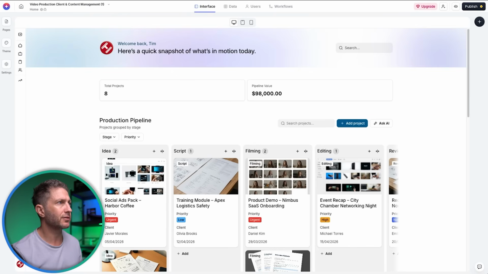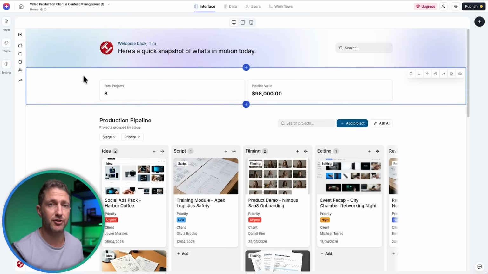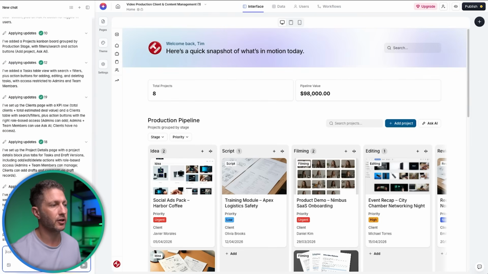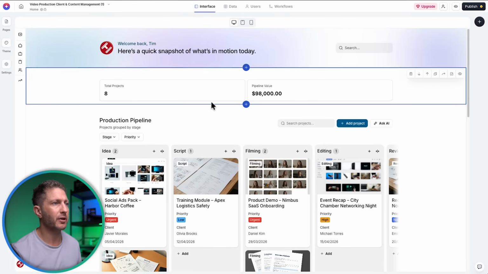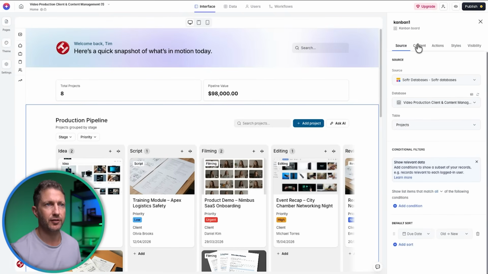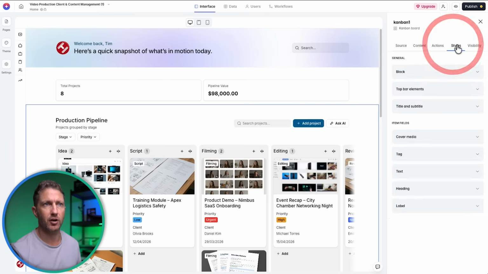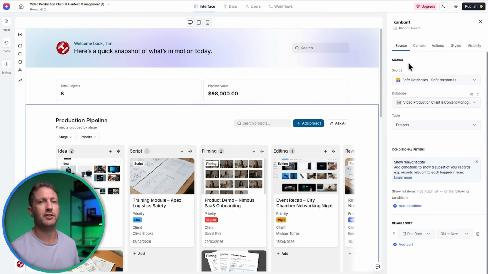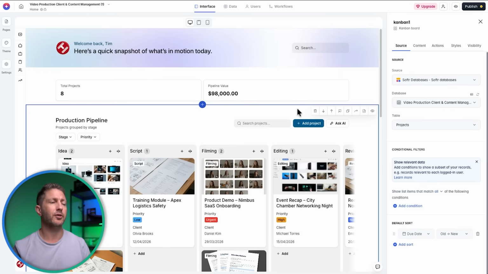So coming back over to the studio where we can make visual changes. I mentioned before that we can use AI vibe coding to make changes inside the studio here, and here is where you do that. Or you can make visual changes, so you can select this block and change different things about the content, its styles, visibility, who can see it and on which devices they can see it. And then, as I mentioned before, you can mess around with which users can see what inside